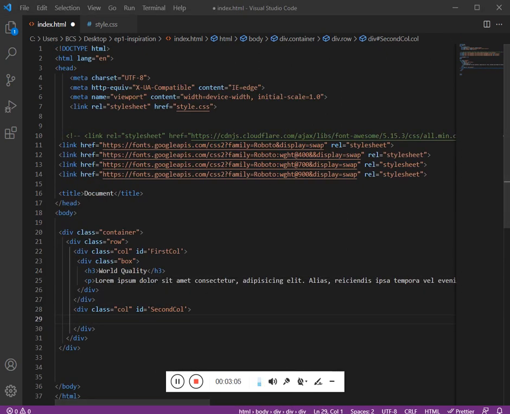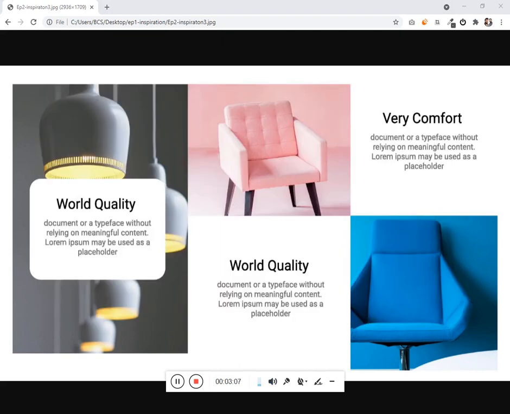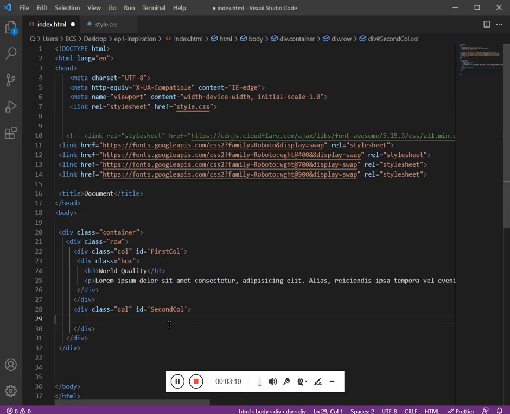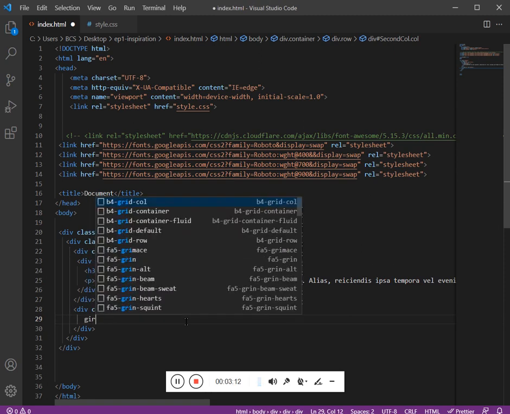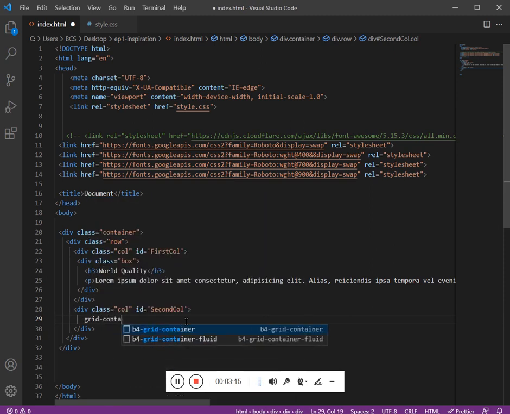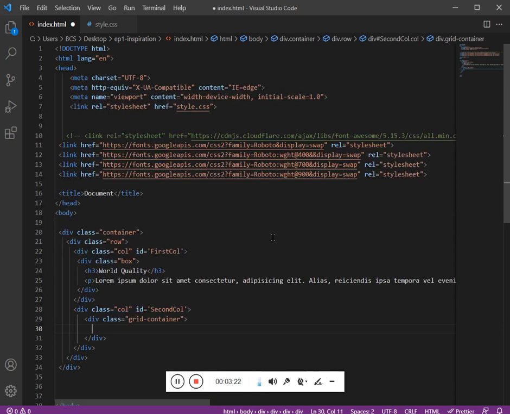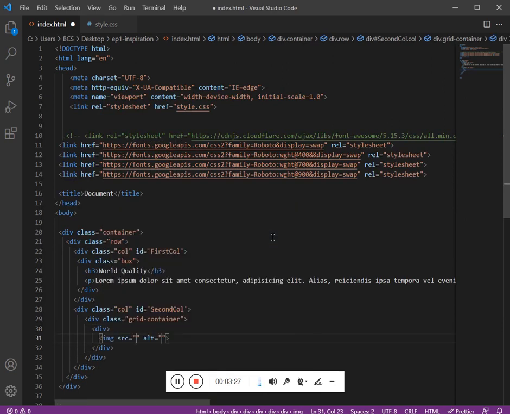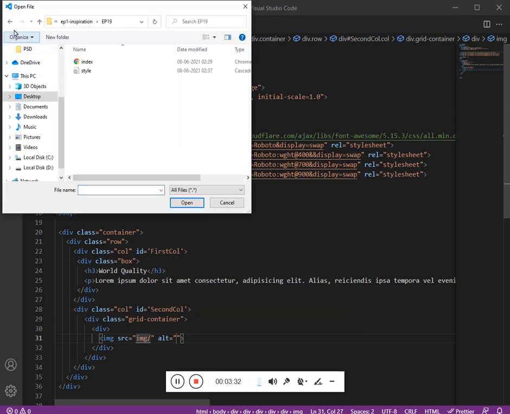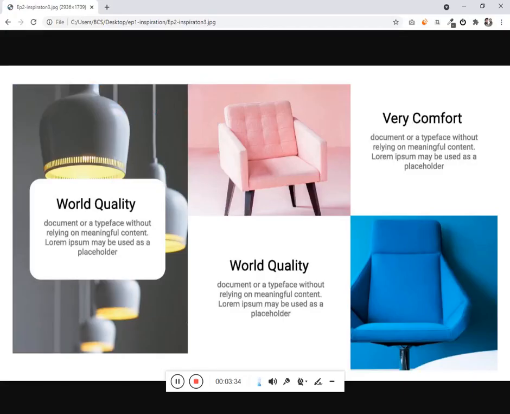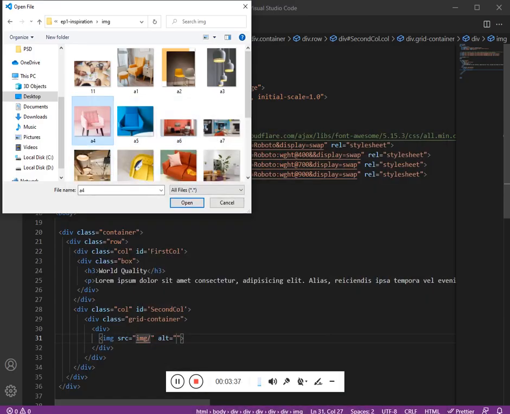Now on the second column we need a container, so let's call it grid container, and inside the grid container we need a div, and this div will hold an image. Let's open from the img folder. So this is the pink one, so A4 and A5.